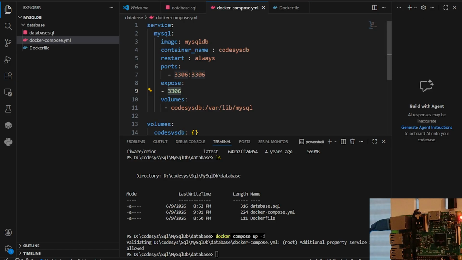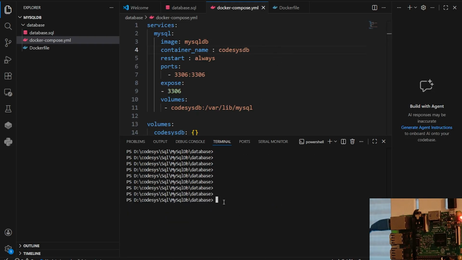Okay, one typo here. This should have been services, so I'll correct that. Save, and then run again. Okay, now if I run docker compose up -d again,